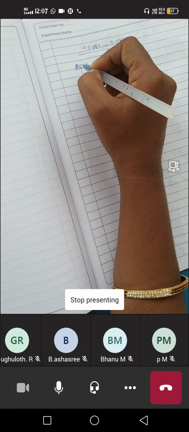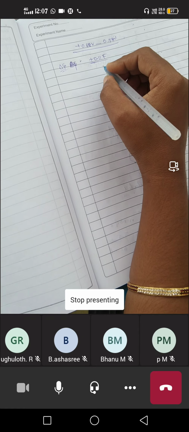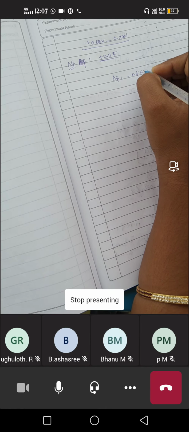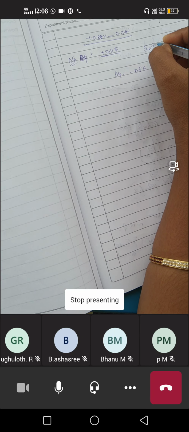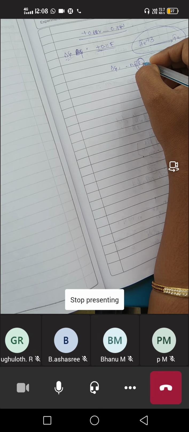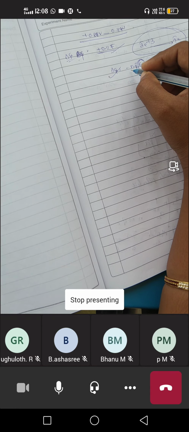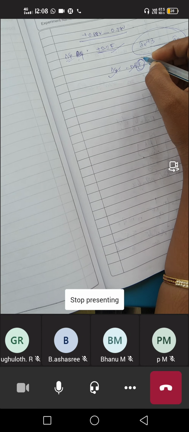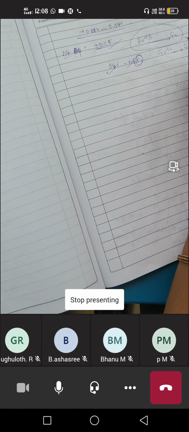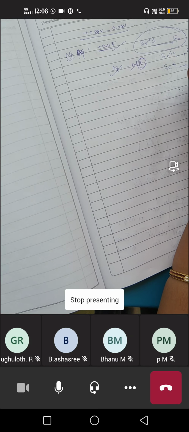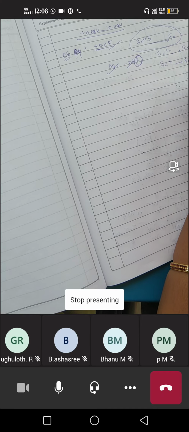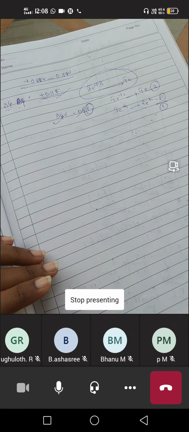So we have the delta G value. Next, delta G is equal to minus nFE. We don't know the reduction potential from Fe+3 to Fe, so for this we have to calculate. We don't know the E value, but we know the delta G value, that is 0.11 F. We know the n. What is n here? In one reaction, Fe+2 to Fe, the number of electrons involved is 2, and when Fe+3 is converting into Fe+2, the number of electrons involved is 1. By adding these 2 and 1, the total number of electrons involved in the reaction is 3.